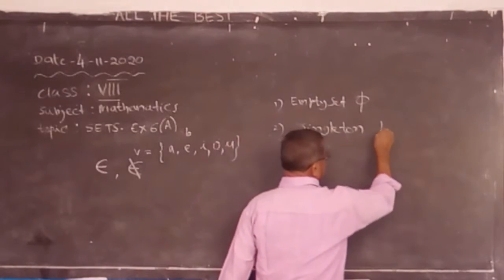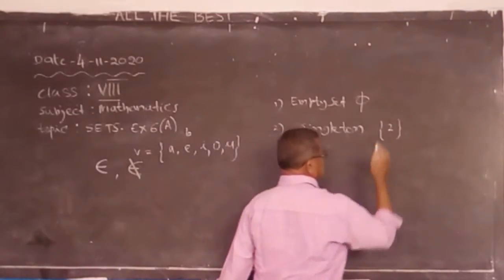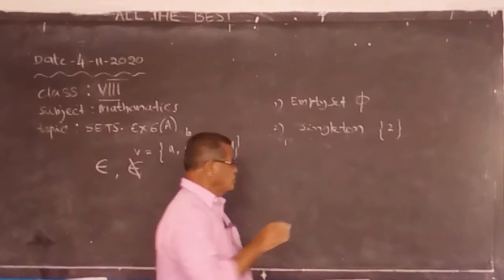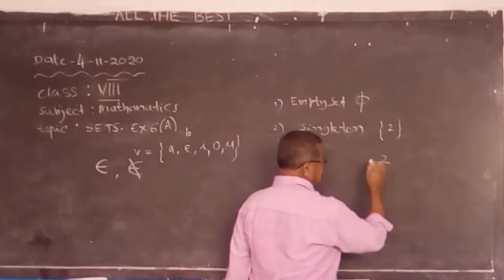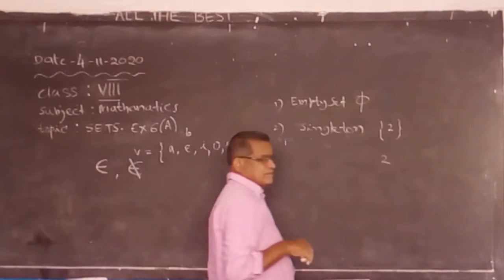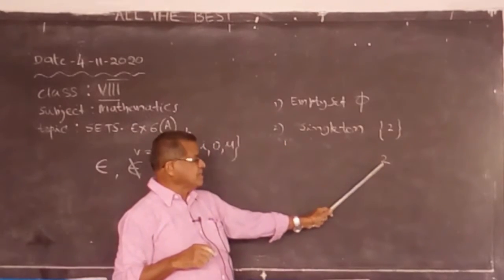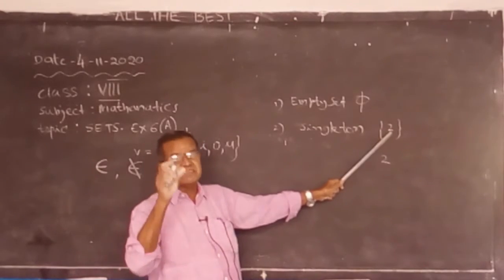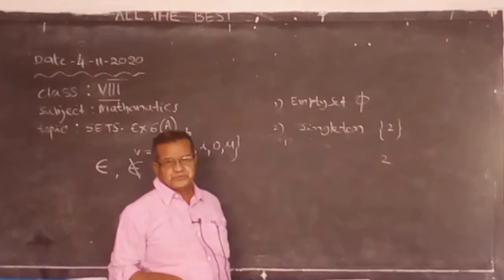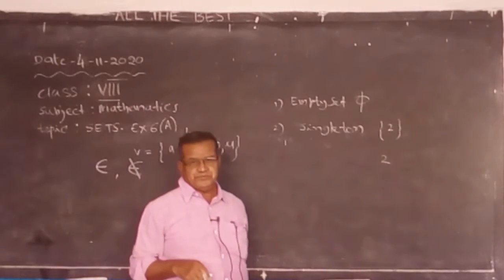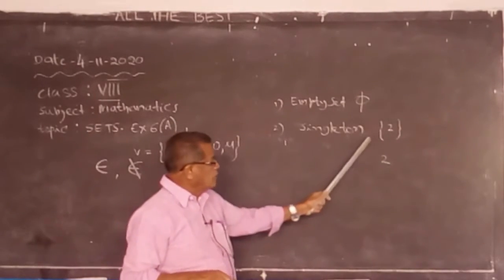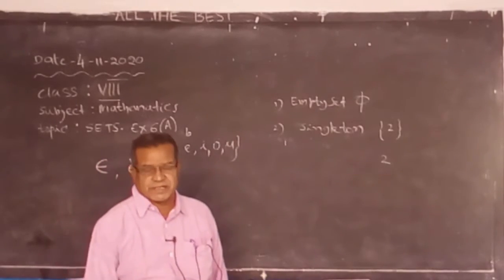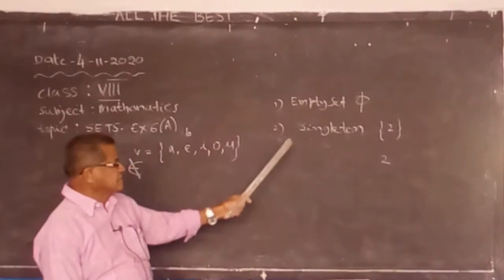Example, 2 is an even prime. You don't write only one element without brackets. We can't say that is a set, but we say this is a set containing 2 as an element. Always we have to enclose the elements with curly brackets. Then only it becomes a set.